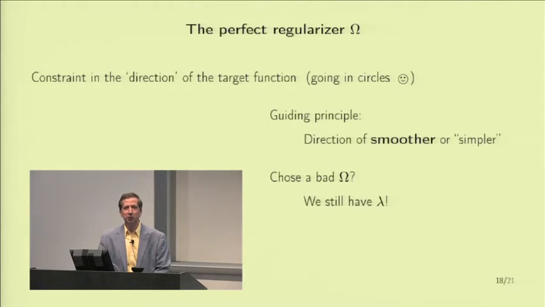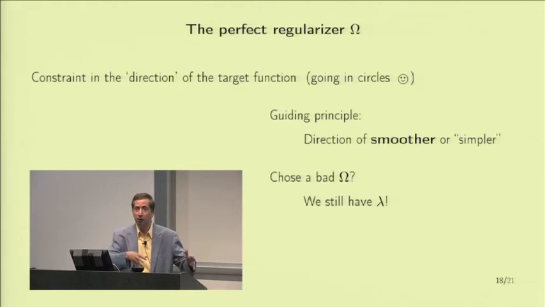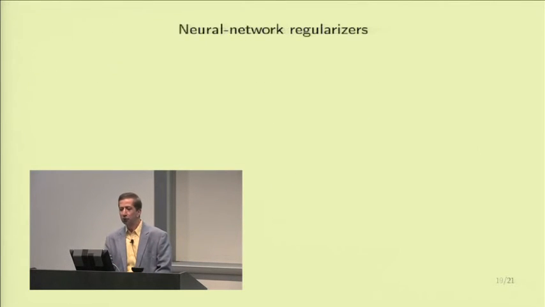We don't worry too much because we have the saving grace of lambda. We are going to go to validation, so you had better be here for the next lecture, where we are going to choose lambda. And if we happen to be unlucky that after applying the guidelines we end up with something that is actually harmful, then, okay, the validation will tell us it's harmful and will factor the regularizer out of the game altogether. But trying to put a regularizer in the first place is inevitable. If you don't do it, you will end up with overfitting in almost all the practical machine learning problems that you will encounter. Okay. So now let's look at neural network regularizers in order to get more intuition about them,